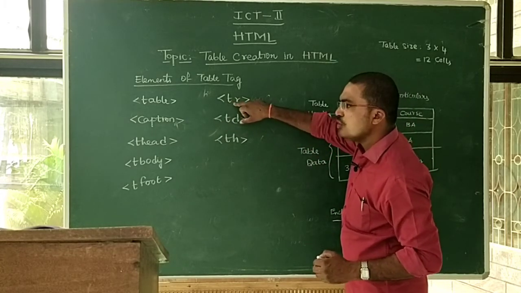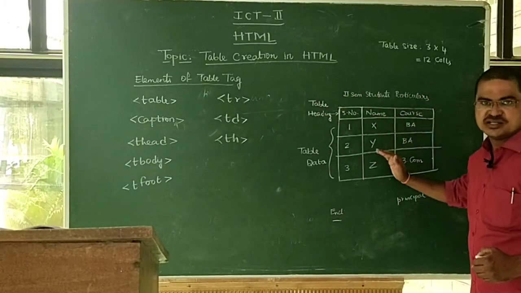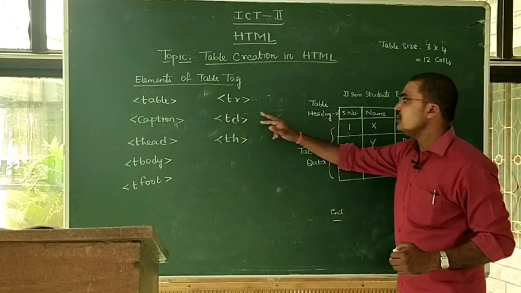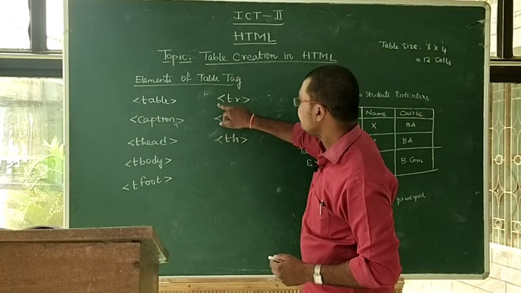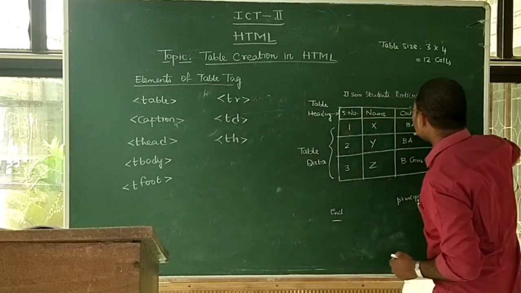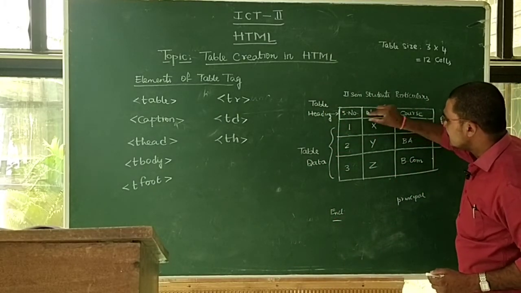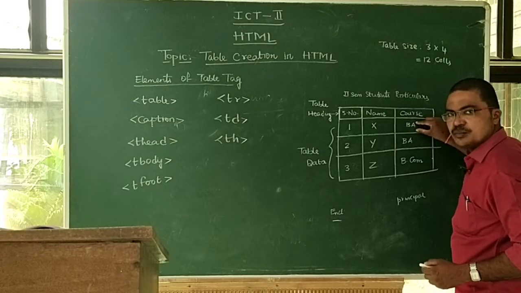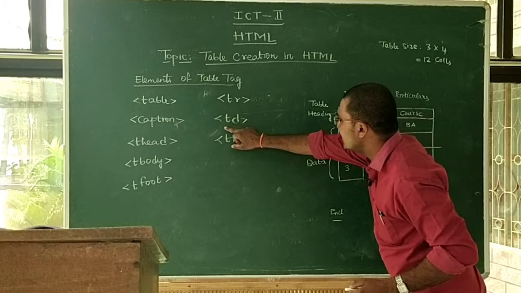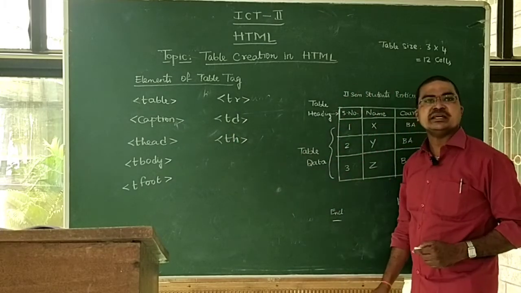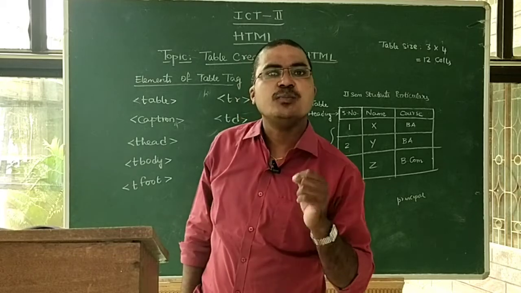The table row always helps to arrange the data row-wise. Okay, so that's why we use the TR tag, that is table row. And each table row contains three pieces of data. This is the first piece, this is the second piece, this is the third piece. So every piece of the row we can arrange with the help of a tag, TD. Do you know the full form of TD? TD stands for table data.